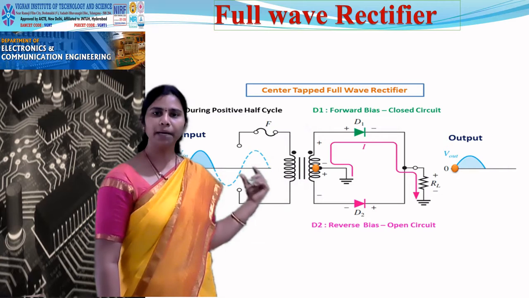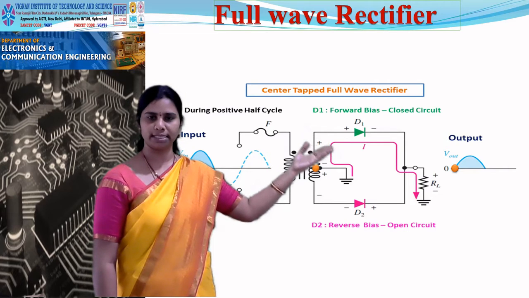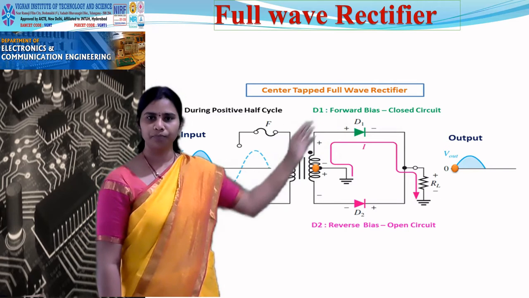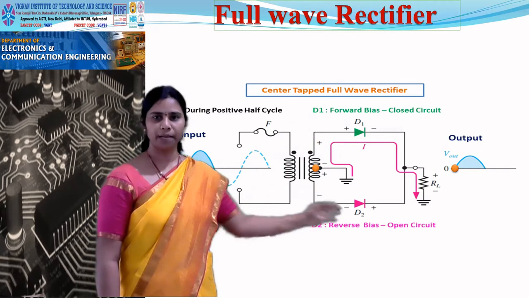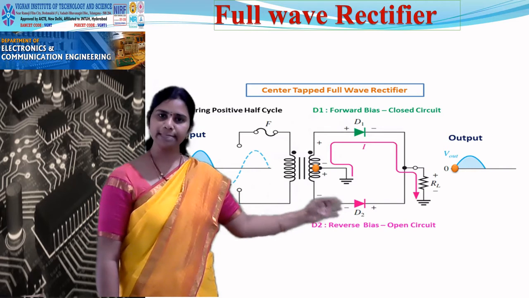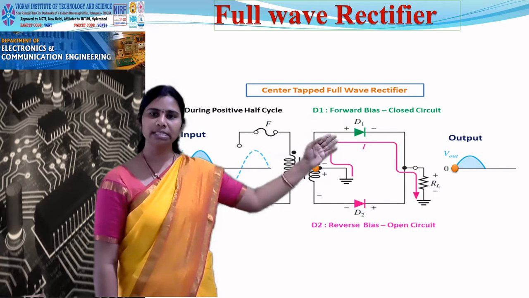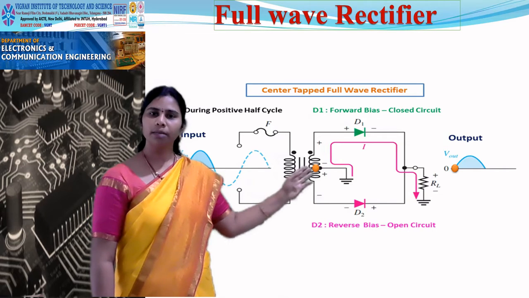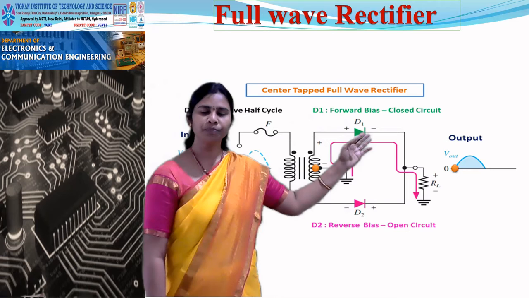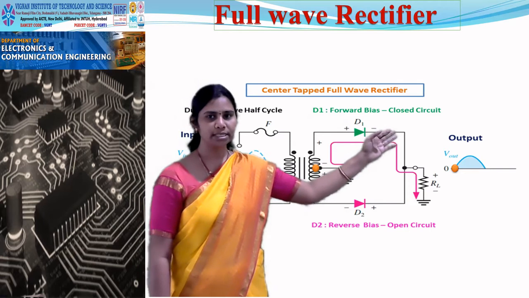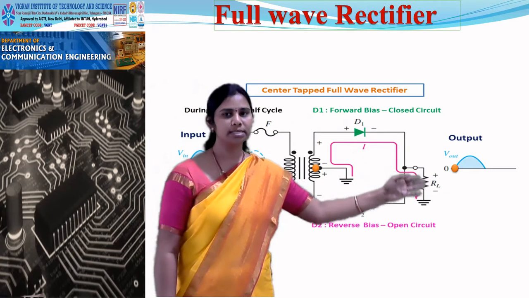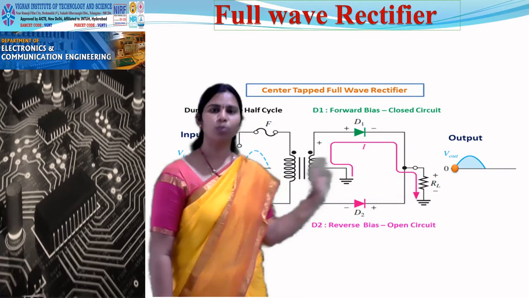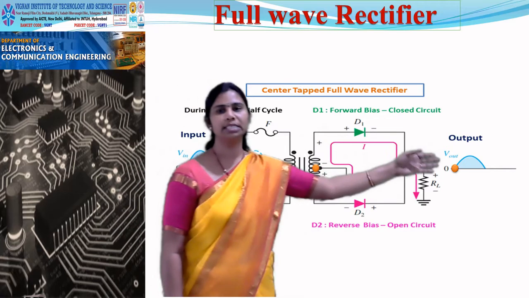That means the upper half voltage, what you have applied to the secondary upper half, is forward biasing diode D1. Similarly, negative is applied to the p-type layer, so it is reverse biasing the other diode. Because of this, D1 will be on, D2 will be off. So the current will be flowing through D1, where you see conduction through the circuit and through the load resistor. So you see current flowing through the load resistor. Whatever input you have applied, definitely you will see output here.